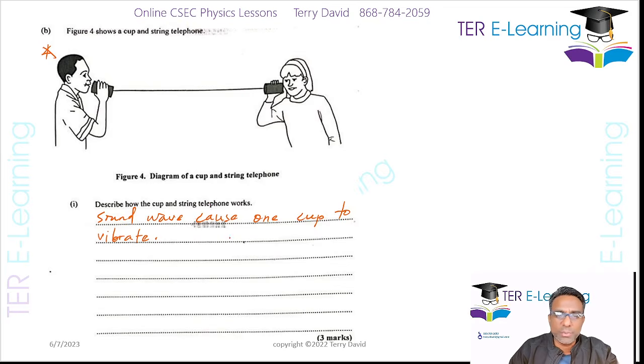So the sound wave causes one cup to vibrate. This vibration, and what I would put here, I would put in brackets longitudinal wave. And I should probably put longitudinal progressive wave to be a little more precise. So the vibration travels along the string,